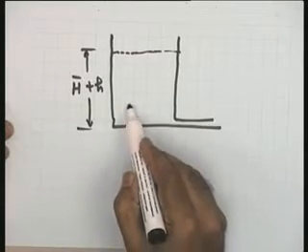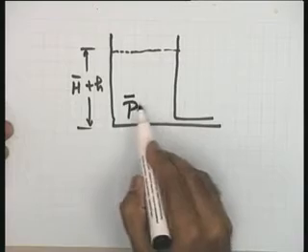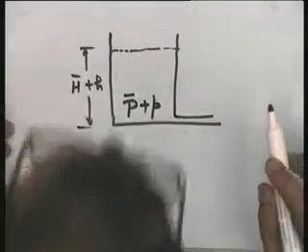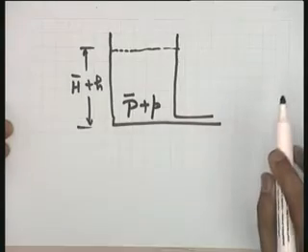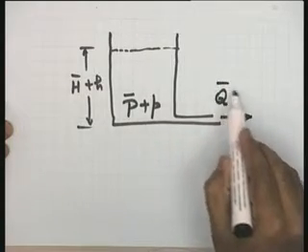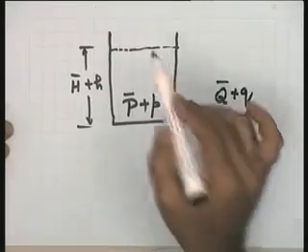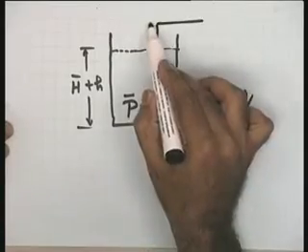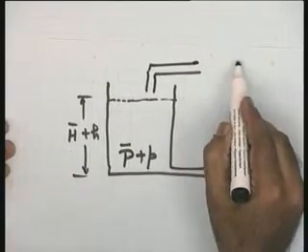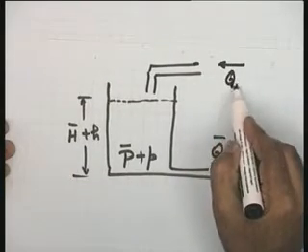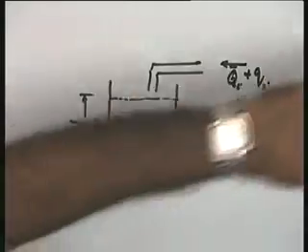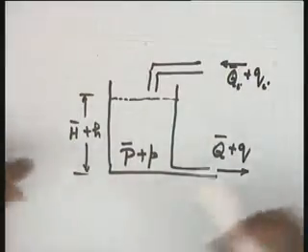So let us say that the pressure at this particular point is P bar plus P, again the same meaning, P bar being the equilibrium position pressure, and the outflow here I am taking Q bar plus Q. The variable to be manipulated is the input flow rate, and let us say that this is Qi bar plus Qi. That is all. These are the variables. Look at these variables carefully and then see the requirements.